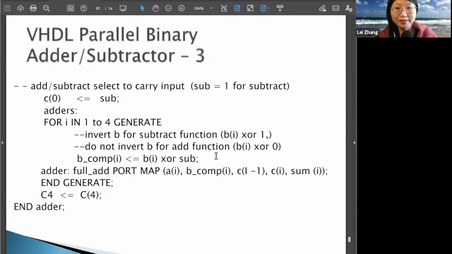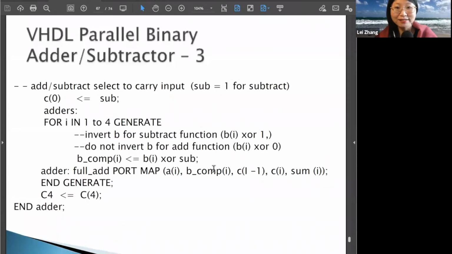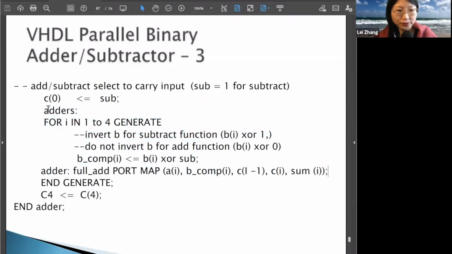Okay, this is the main body of the architecture. So first of all, we have sub assigned to C0. Remember, C is the internal signal. Sub is the external port. So we assign sub to C0. Adders. So here we actually are using the adder components. So before we do that, we have adders. So this is just the indicator, the block name, for I in